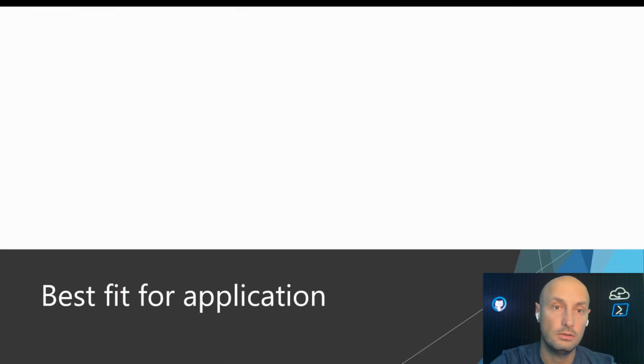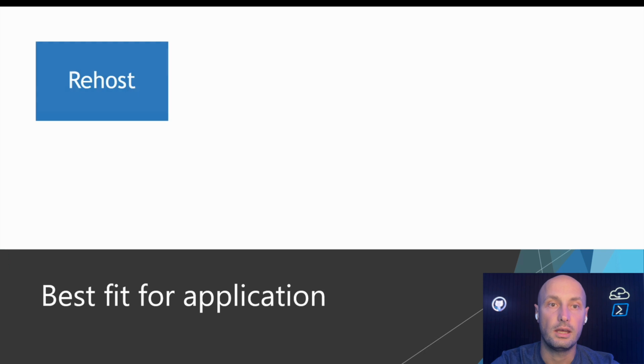The first option that you can see here is called rehost, and it's the simplest migration strategy. We often refer to it as a lift and shift to cloud. This is simply moving existing applications to Azure without making changes to the application's architecture. It's like picking up a server from your on-prem data center and dropping it into the cloud. This method is popular because it's fast,